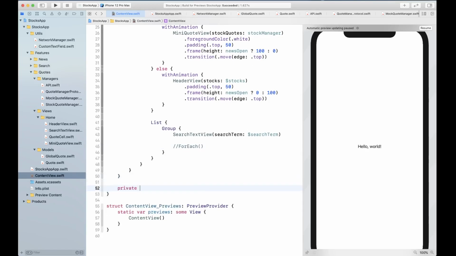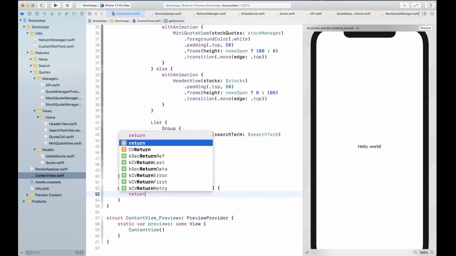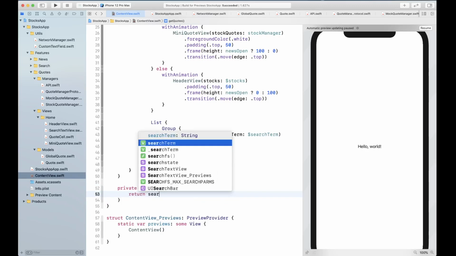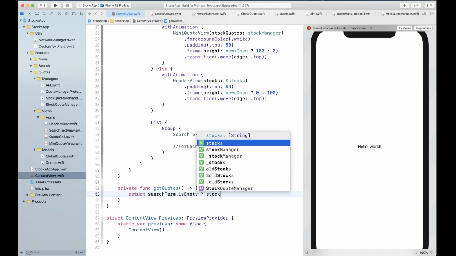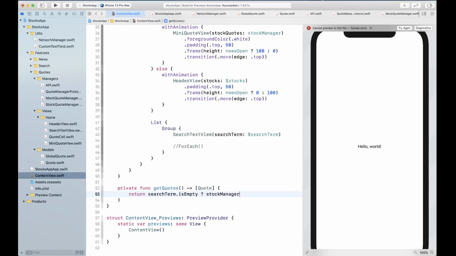So we're going to create a private function to get quotes. It's going to return an array of quote. This is for local search, and we're going to simply return and say search term. If it's empty, then we're going to simply say stock manager dot give me quotes.